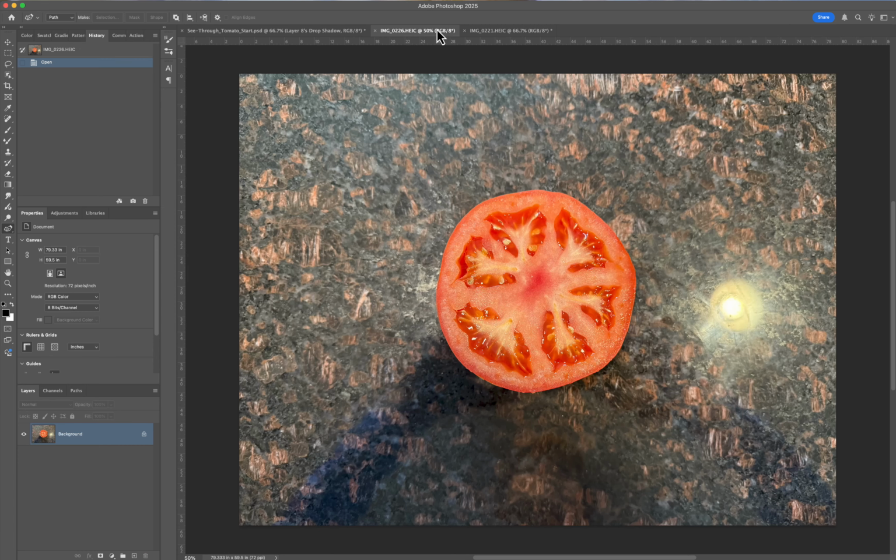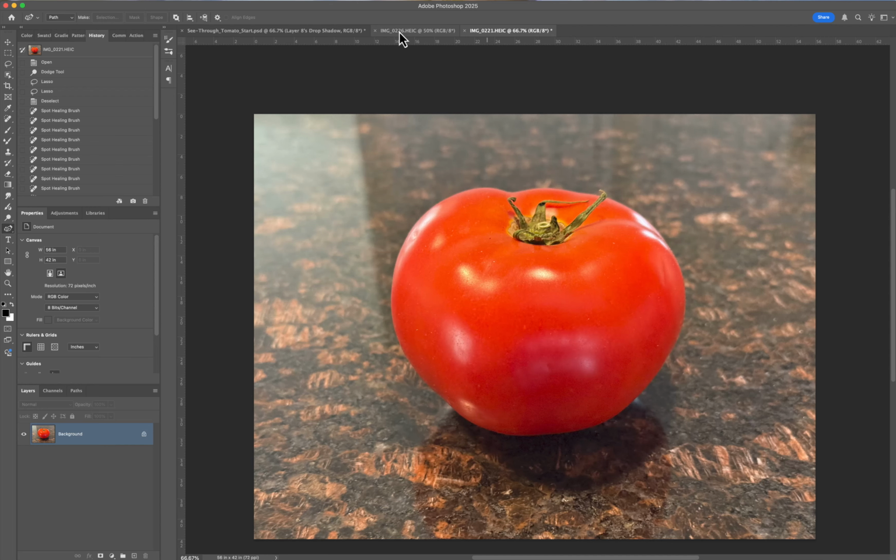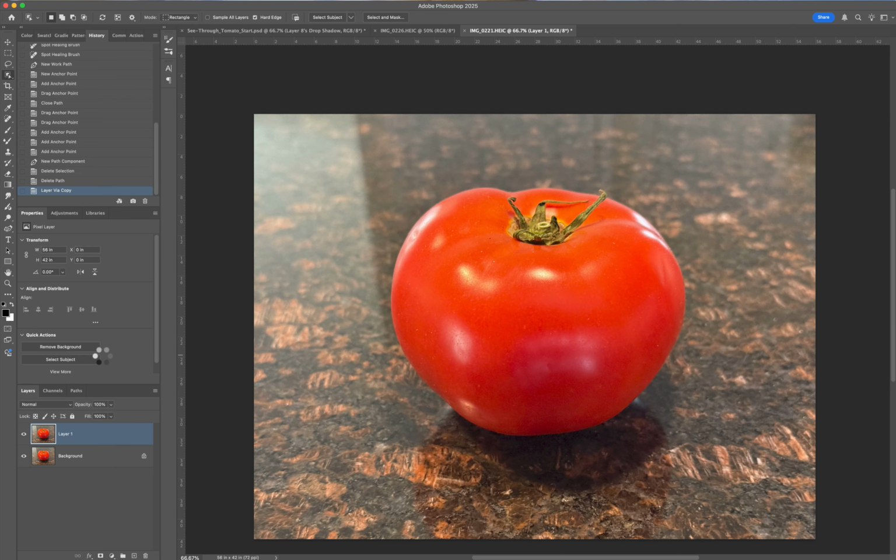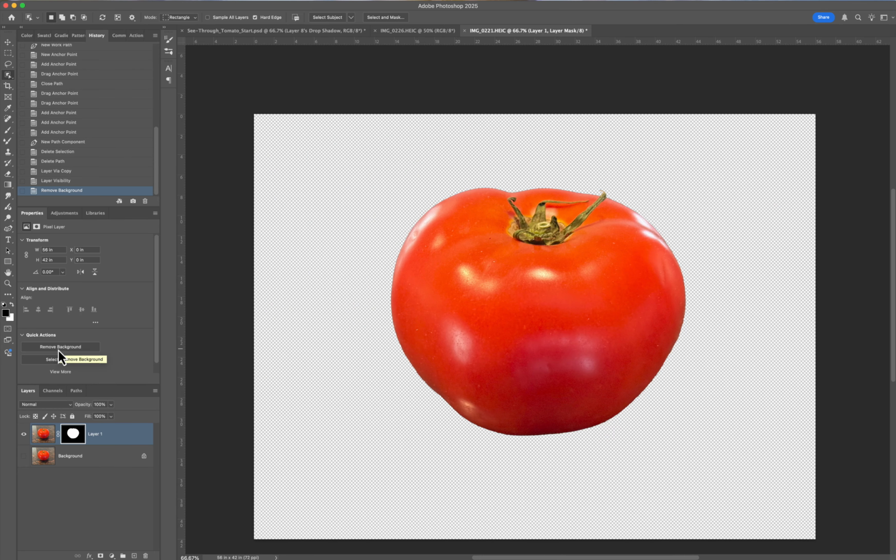So we're going to start with our tomato. We're going to start with a whole tomato, and then we're going to cut it in half, as you just saw right there. So we're going to take the tomato first and come in and basically select it. So you can take the object selection tool, or what I would prefer to do, which is quicker, is make a copy of the layer, come up to the new layer, and go to the properties bar and go remove background. Now you've got a nice mask here, and you've got the tomato mask